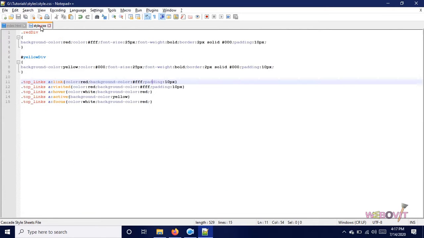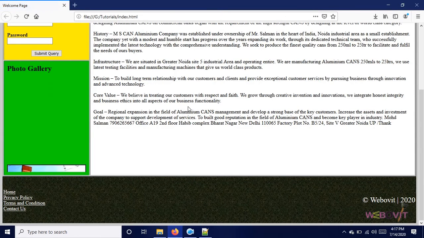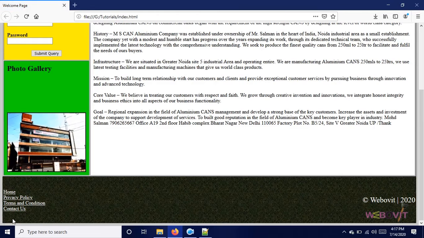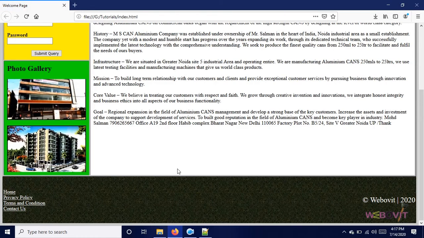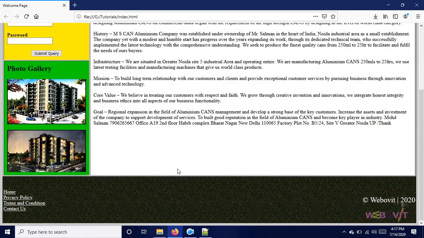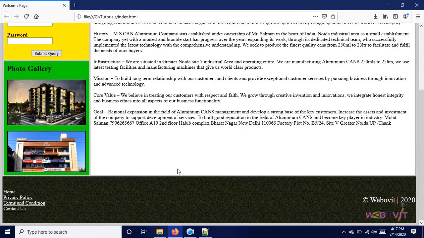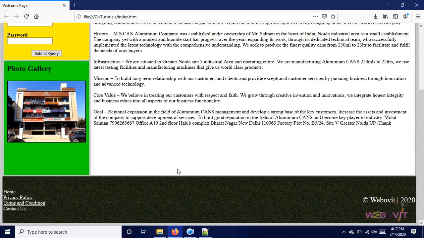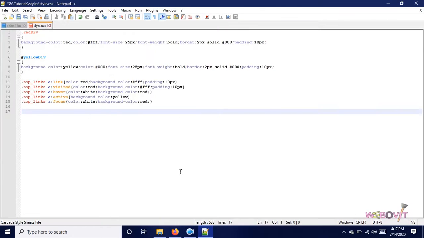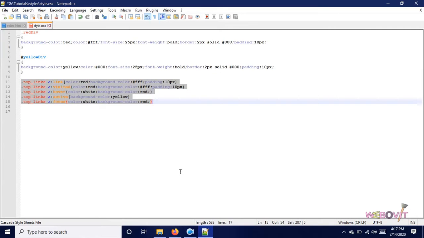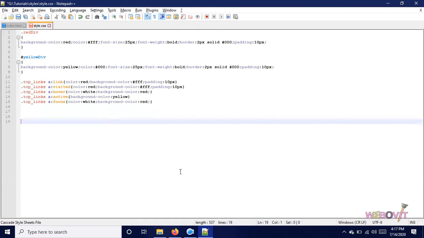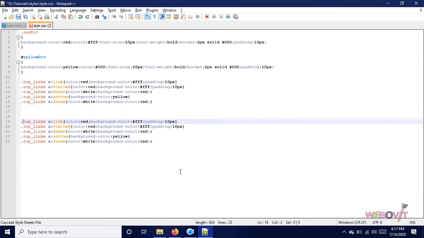So whatever we want. Now this one, bottom link. If we pay attention to these links, they have an underline below the links. This is by default coming from HTML. Whenever you have a link, it gets underlined. So we can remove it using CSS, and that's what we are going to do. We will copy this one, but we will change the styles. Now we will work for bottom.